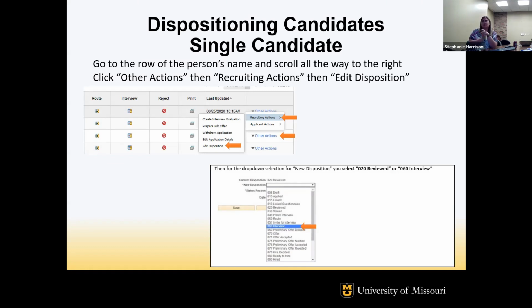Some of those dispositions are going to go away at some point. I know we've talked about taking away the invite for interview because that doesn't show up in our affirmative action reports that are pulled every year. And so they would prefer us to use interview instead. So if you're going to go through and mark the people that you want to interview, instead of putting them as invite for interview, then just select interview. It'll be easier for you.